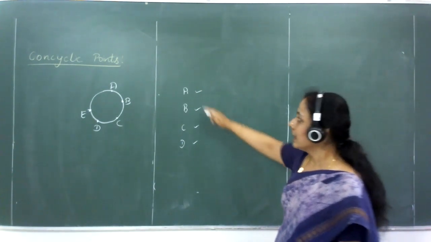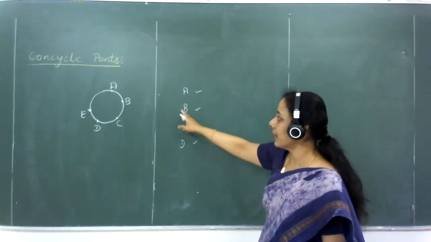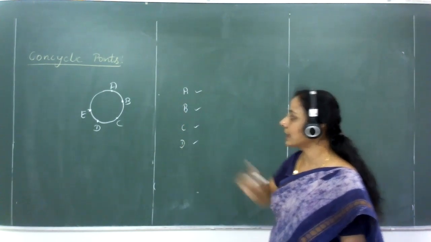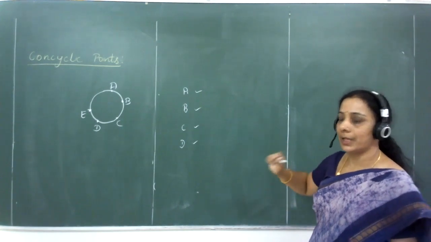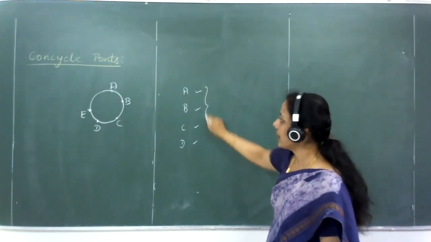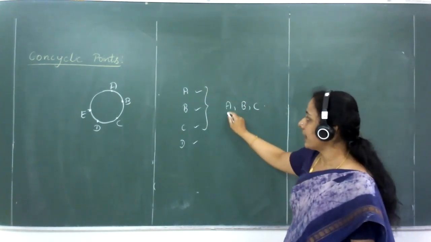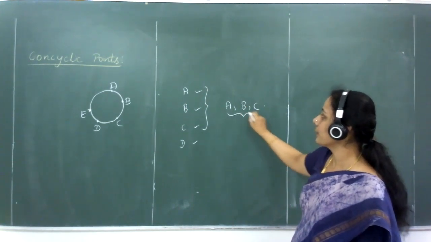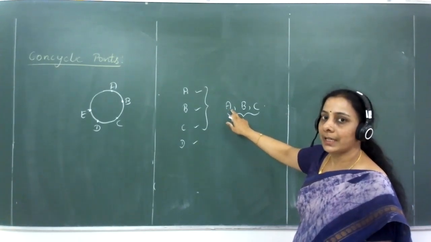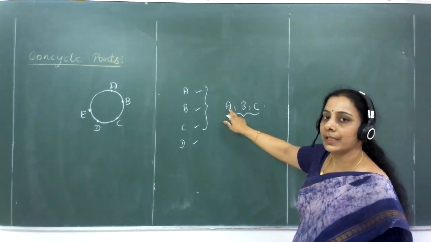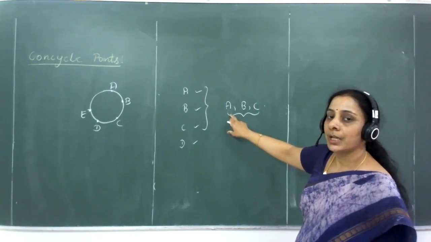The procedure is very simple. You can choose any 3 points out of the 4 given. You may take the points A, B, C. You may choose the other 3 points, that is B, C, D, or consider any permutation of 3 points. Let me choose here the first 3 points, that is A, B, C. And now I will first find the equation of the circle passing through these 3 points. It is very similar to the previous concept which we have already done, isn't it? We already know how to find the equation of a circle passing through 3 different points. I will be using the same method of approach here also.